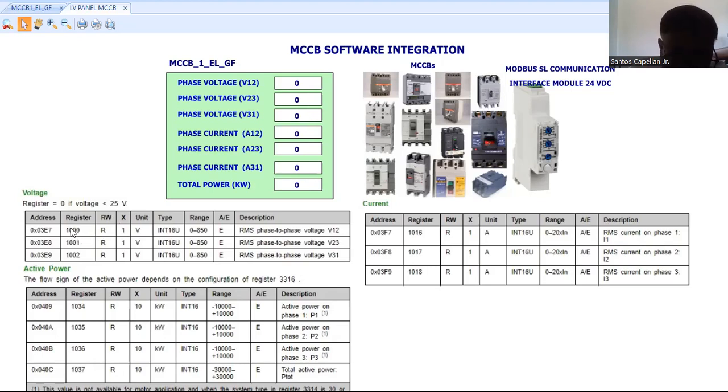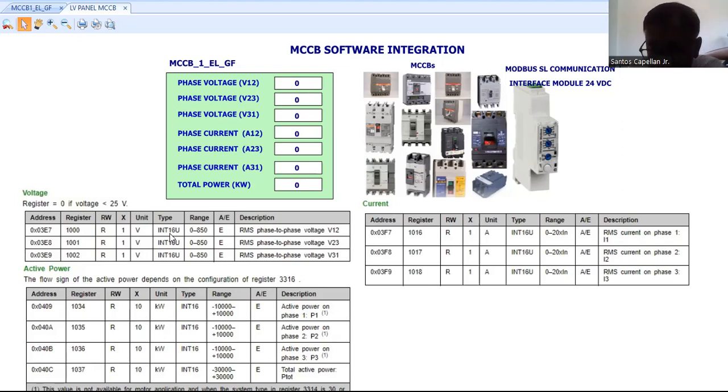So you will be needing this information so that you will be able to display the real-time value of phase voltage line 1 to line 2. So what will be the unit is voltage. You will just read the information, and it will be times 1. So meaning whatever is being displayed there, that will be the value. You don't need to multiply it with any multiplier. Now the type is integer